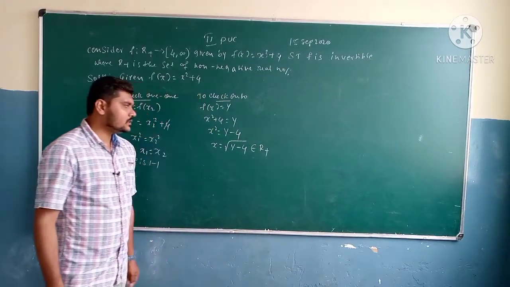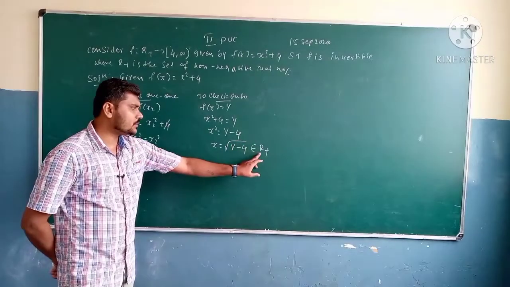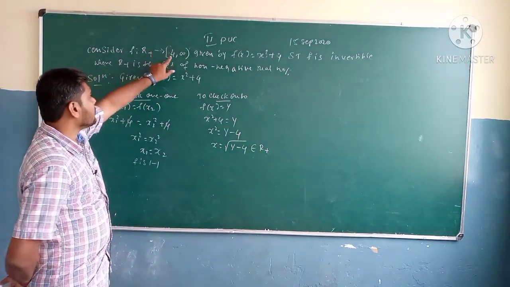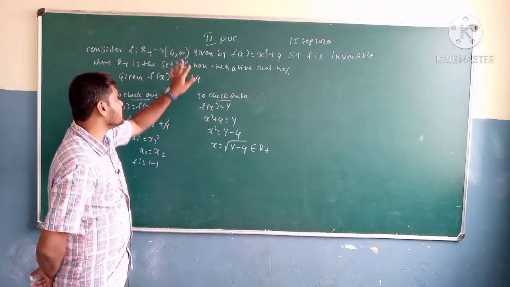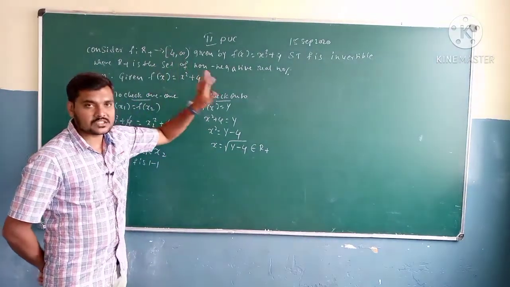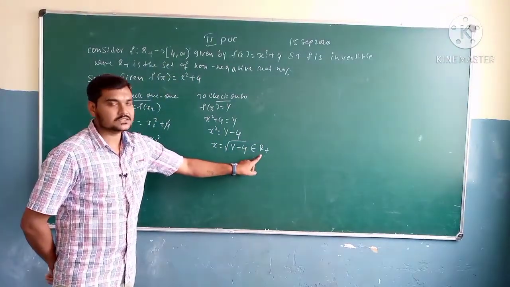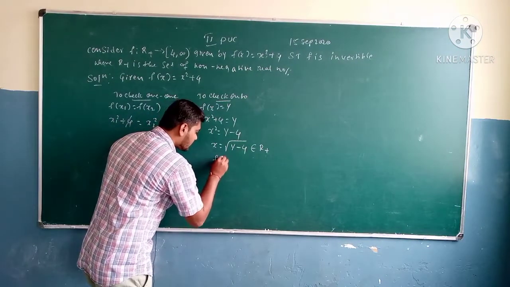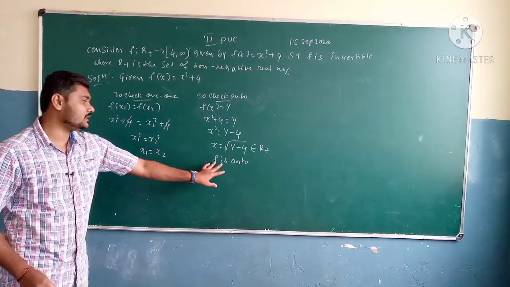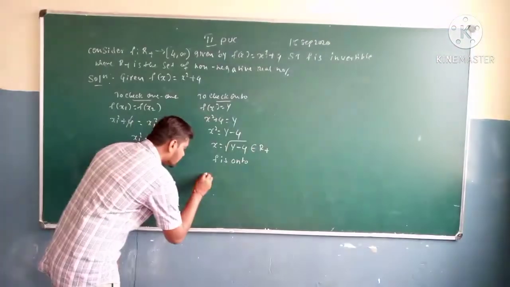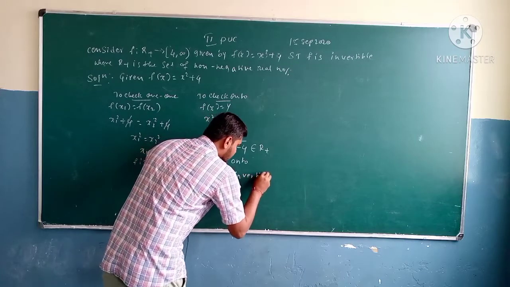So observe. Whatever value you give to x or to y, it is going to be from R plus. Because the values in the range [4, infinity) are all positive numbers, the x values all come from R plus, right? So we can say that f is an onto function. So when the function is one-one and onto, we can say that therefore f is invertible.